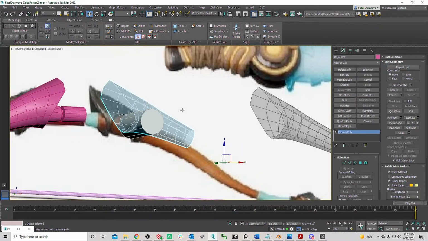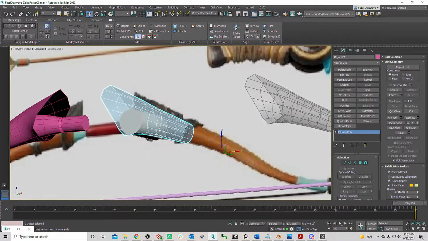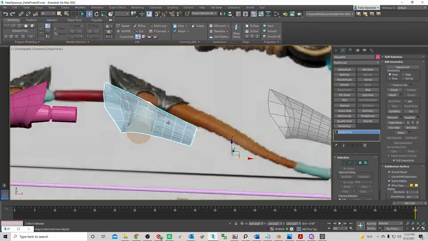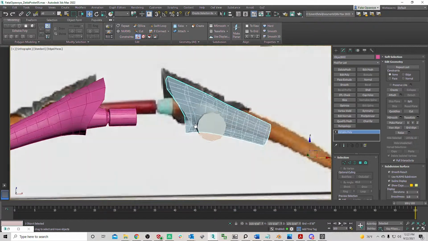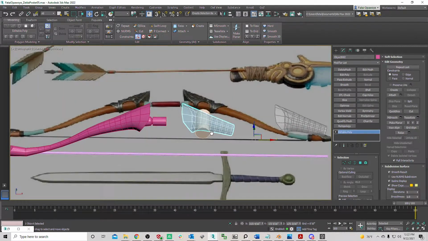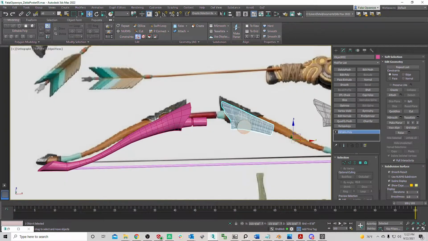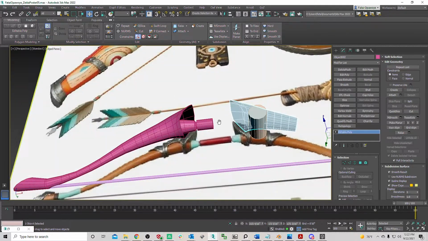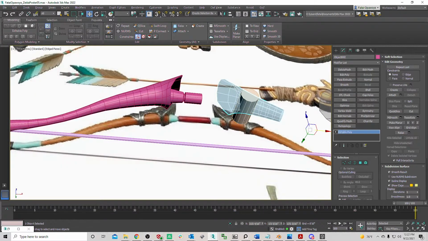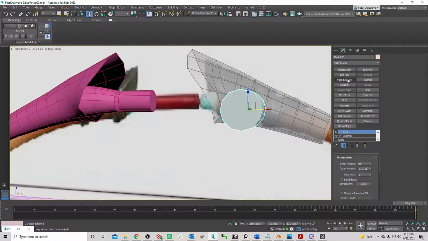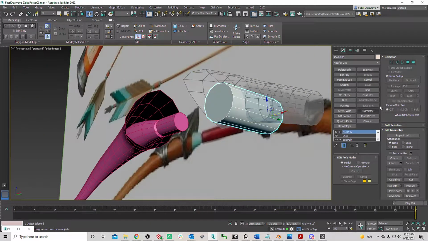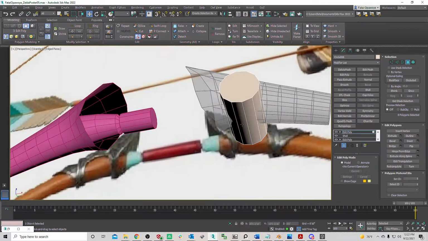Alright, so let's see. Let me see if I want to augment this a little more, because it looks like what I'm looking at is this shape right here, because it feels like the semicircle kind of goes down to it. So I'll show you what I'm talking about. What I'll do is I'll grab